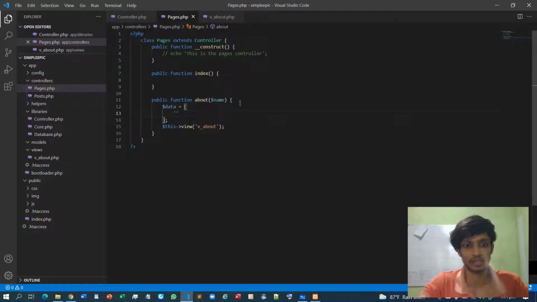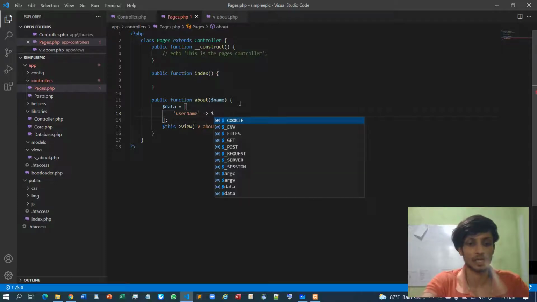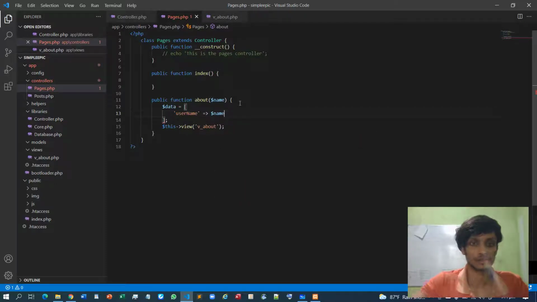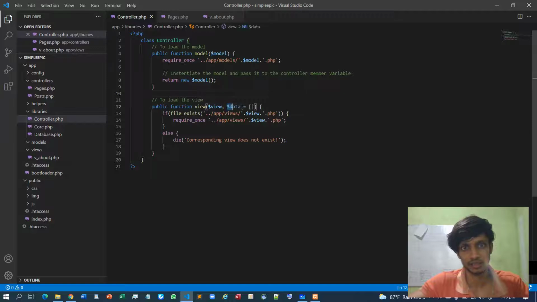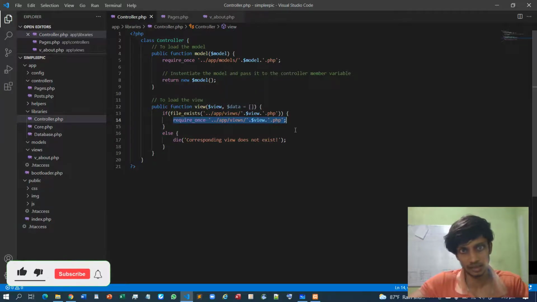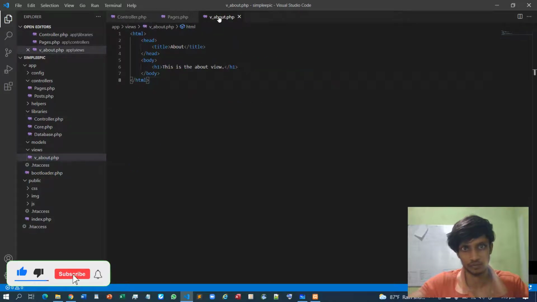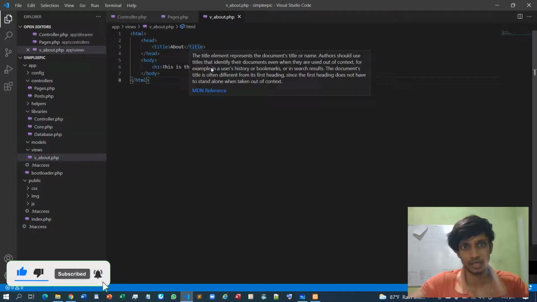So for example, let's say username, and I will store it like this, and I will pass this associative array to this method, and this method will take that data and render the corresponding content,